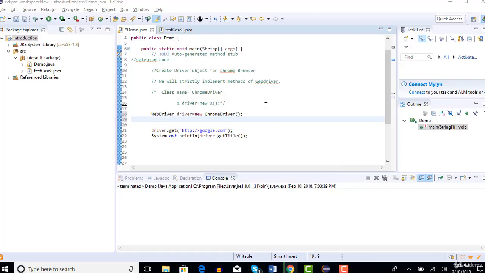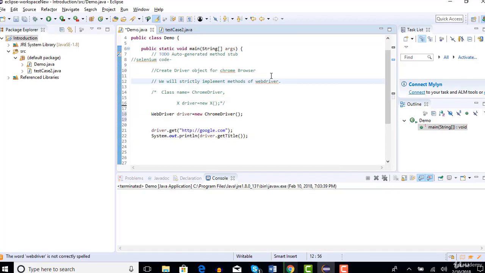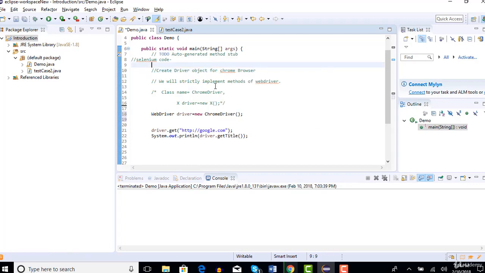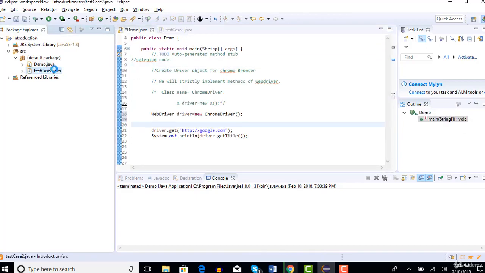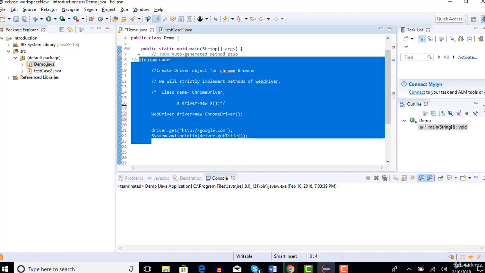Right, so now let's execute the same test case in Firefox driver. Okay, so again back to our basics. Create a driver object, this time for Firefox browser, not Chrome, because we are changing our execution, right? Or let me do it in another test case. I don't want to mess this test. Okay, but I will copy the same code, the 3 lines of code or same content.